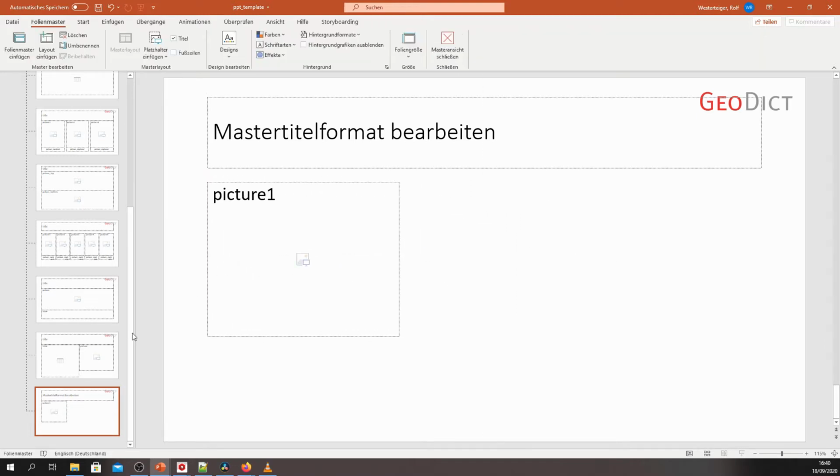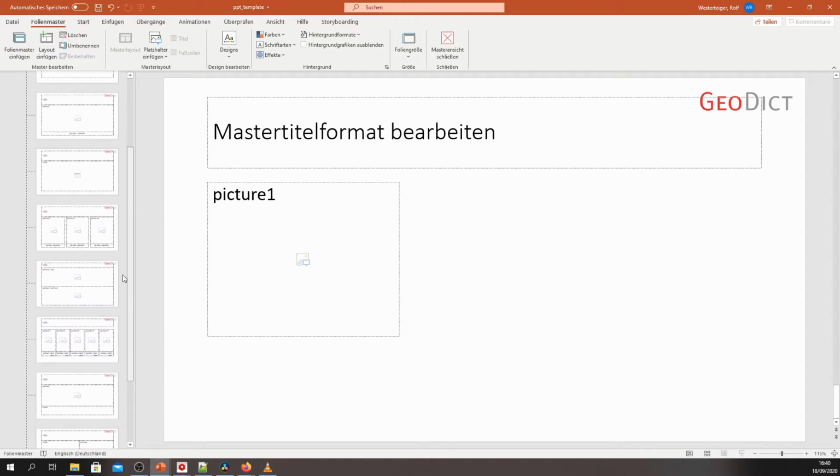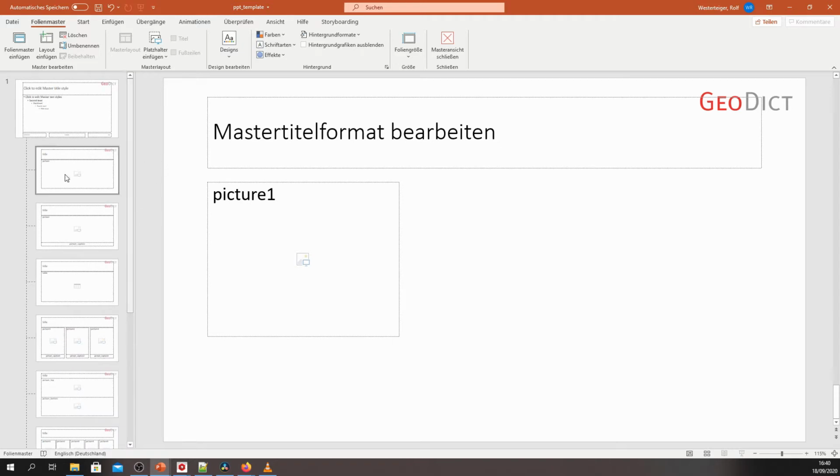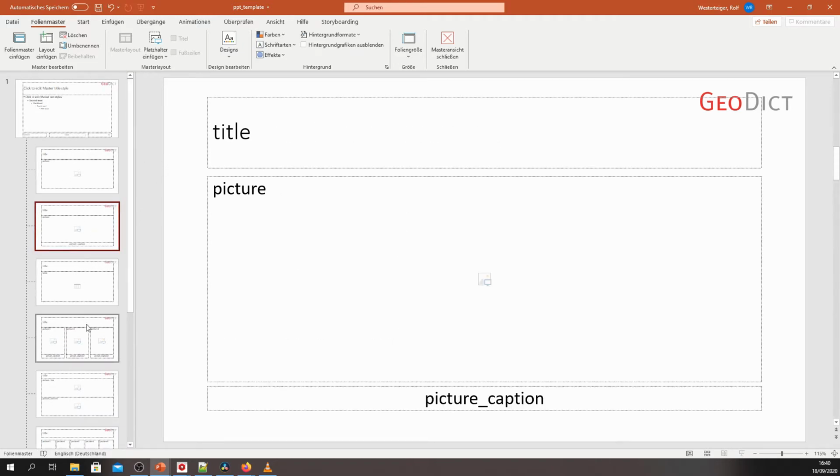Now let's go back to the slide list here on the left hand side, and I want to show you one slide that you're going to be using in the next experiment, namely this one. This slide has a placeholder for a title, for a picture, and for a picture caption. And you can see that it's the second layout slide down here. The layout slides start counting from 0. This is important to remember. So this one is slide 0, this one is slide 1. So if we want to make a PowerPoint slide based on this template, we're going to be referring to it using the number 1.